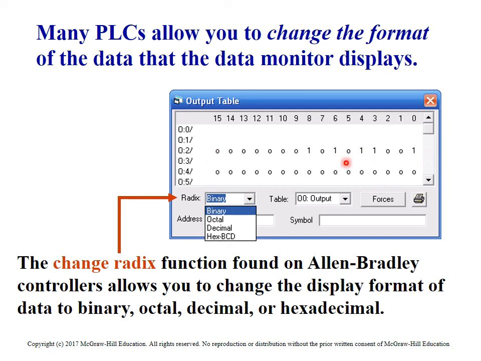A common experience that I like to share with students is when you're given 16 bits of information, a series of ones and zeros in a word, and you have to translate that information to somebody else. You have to tell them, I've got this bit and that bit on, this one on, this one off. It is a lot more difficult to remember 16 positions